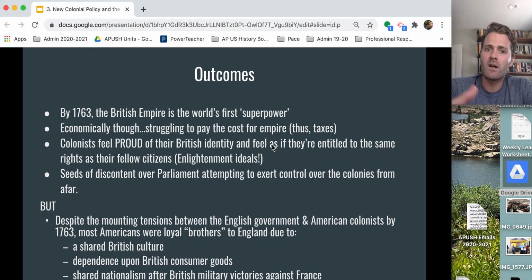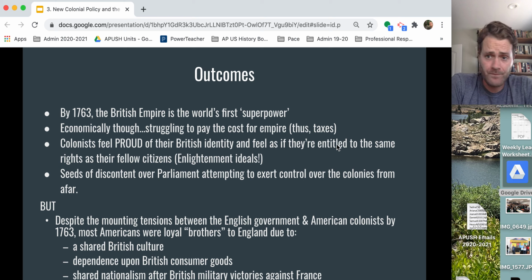So the outcomes of the war and the consequences, like Pontiac's Rebellion and the Proclamation Line, are varied. Outcome one, the British Empire becomes really the world's first superpower in terms of its reach, its breadth, its economic influence. But despite all the territory they've gained, they're actually in a shakier place than before the war because their empire is expensive. You need to send soldiers all over the world to keep things under control and stable. So England has this huge empire and is going to really struggle to pay for it, which is going to lead to an era of taxation, which we'll talk about later this week.